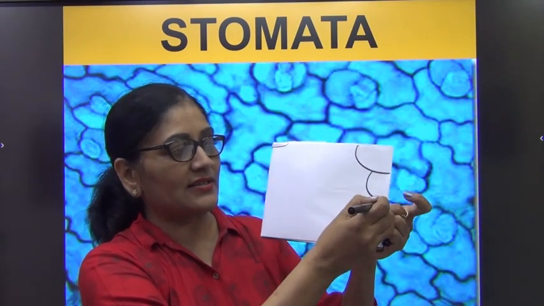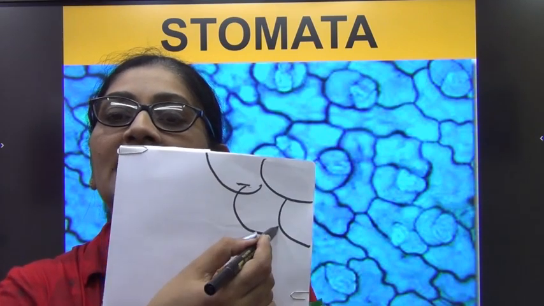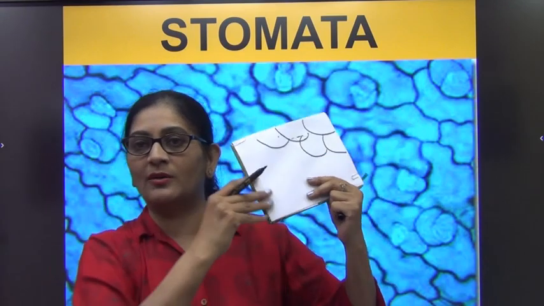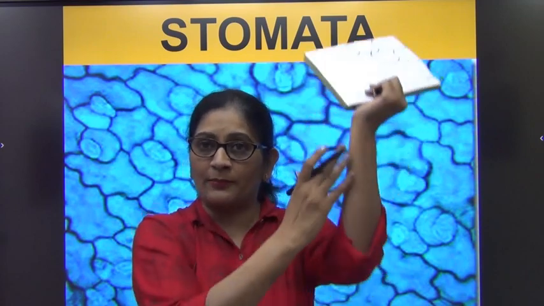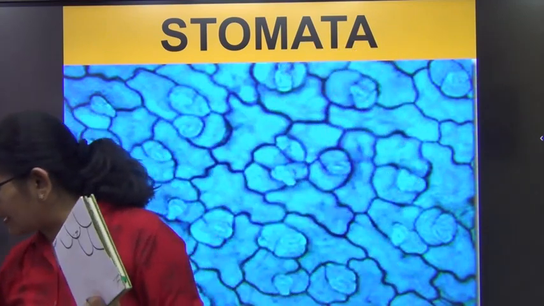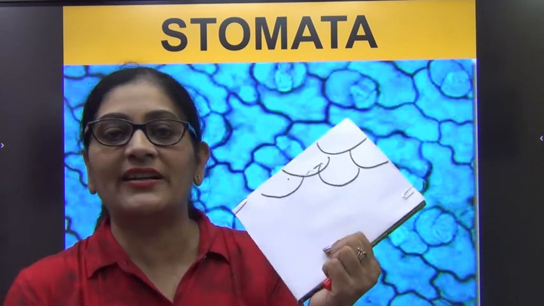So say this is a cell, say this is a cell. It is just made up of compactly arranged cells, you can see, without intercellular spaces. The epidermis is a protective layer, the outermost layer of my leaf. So obviously there should be no gap here, because a protective layer should always be continuous. Some of these epidermal cells, not all, have their structure modified.